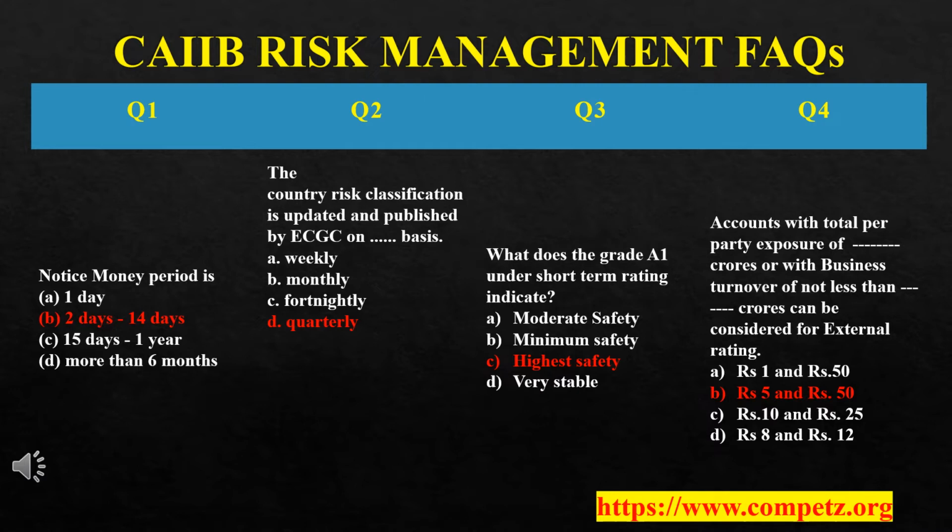So you need to identify first. The answer is, I have already highlighted there. The answer is B, that is rupees 5 and rupees 50. Why? Because see here,